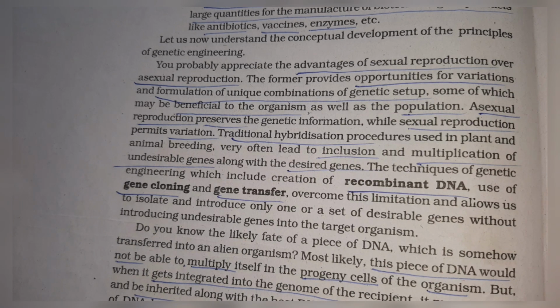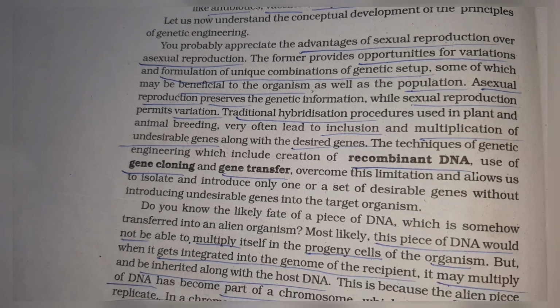They help in the formation of a unique combination of genetic setup, and most of them are beneficial to the organism as well as the population. While talking about asexual reproduction, these preserve the genetic material. Sexual reproduction permits variation. Traditional hybridization procedures used in plant and animal breeding lead to inclusion and multiplication of